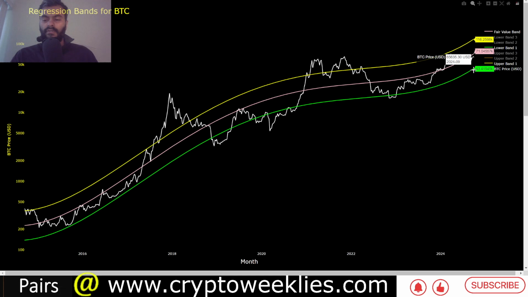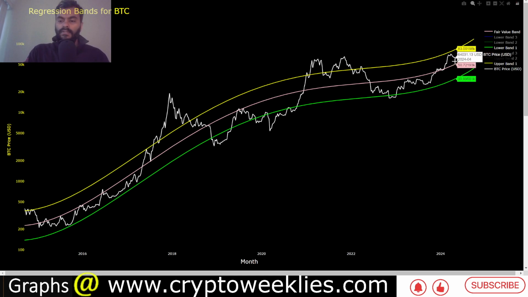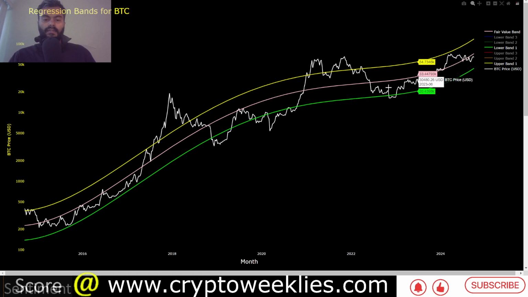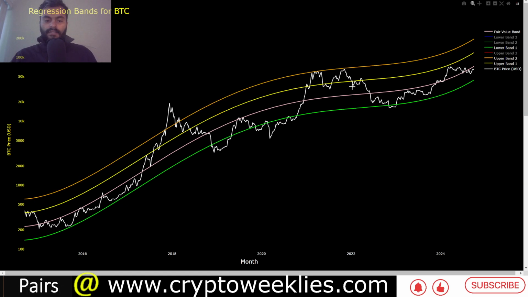These averages are also dynamic, and they go up over time if the prices stay above 40k for a prolonged period of time. The 1 standard deviation peak for Bitcoin at around 116,000 would correspond to a phase of the market similar to what we witnessed in March of this year, March 2024. In the mania phase, Bitcoin does go to its 2 standard deviation peak, at least in the last market cycle, and that 2 standard deviation peak is at around 193,000 at this point.